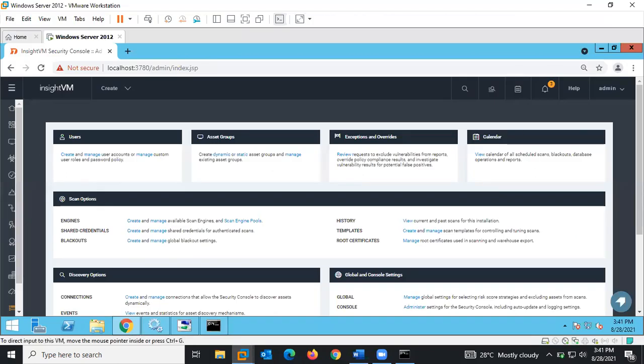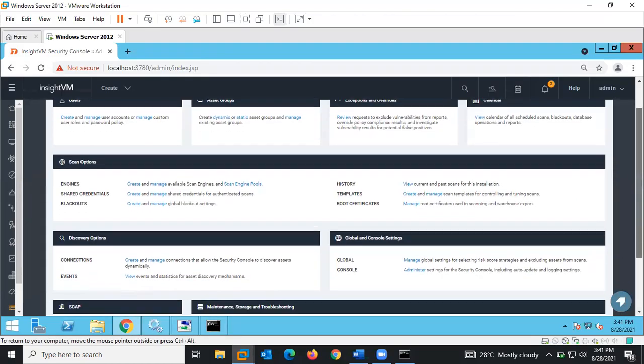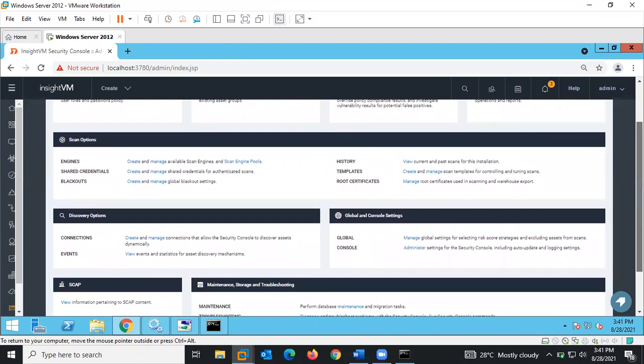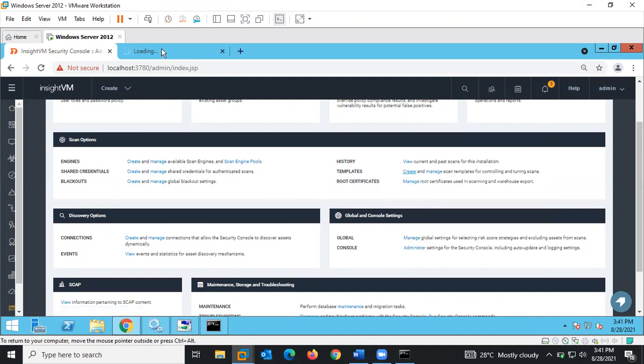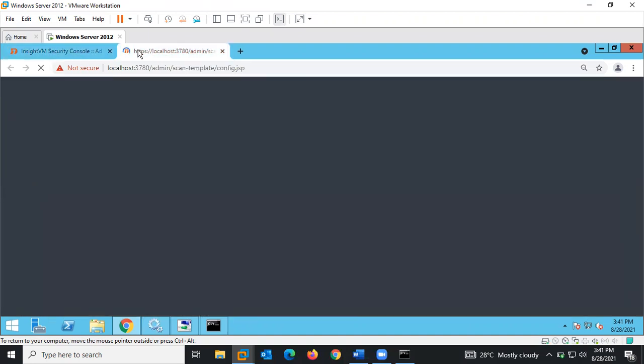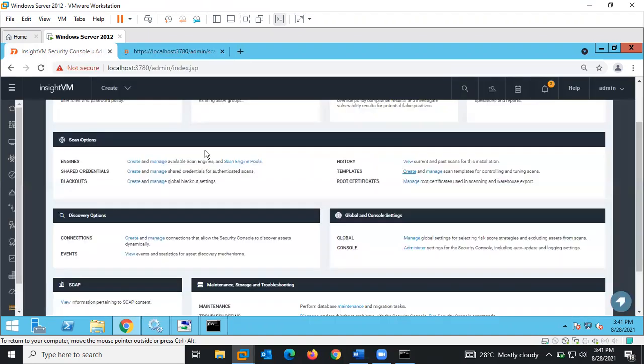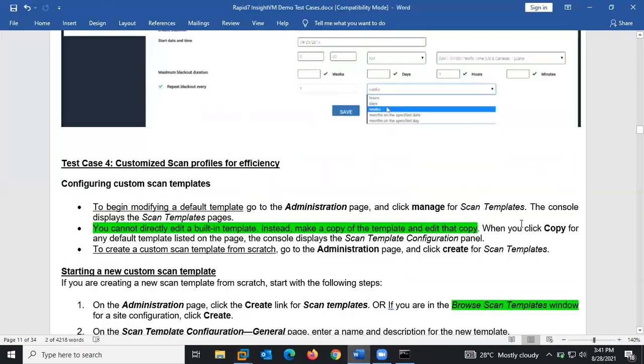Under the administration tab, here we are. You come under the scan options, you can see templates. I can just click on this to create a new template. You can manage existing ones, right? You can see it's coming up. Then if we go on to see the next test case that we have,